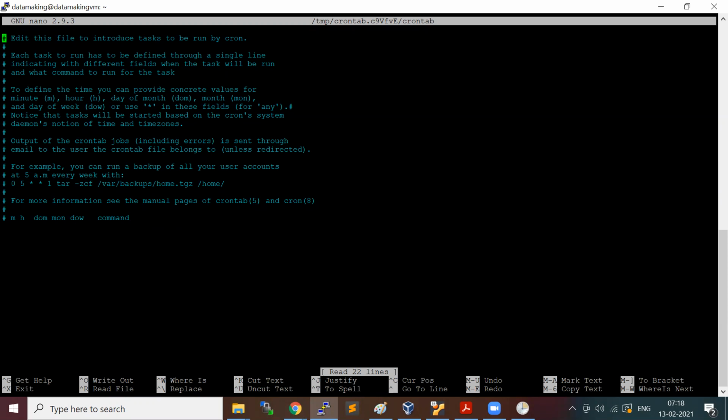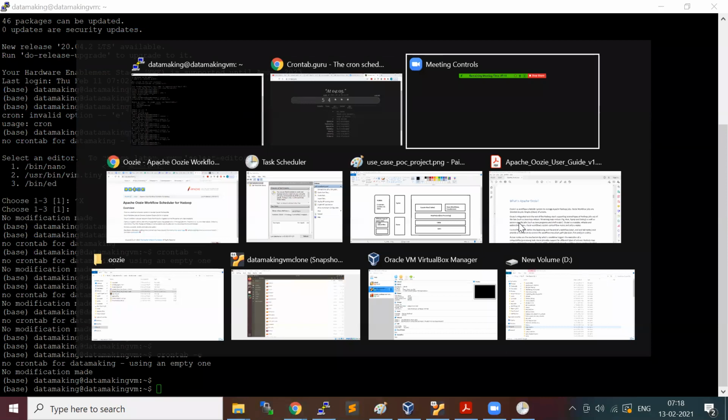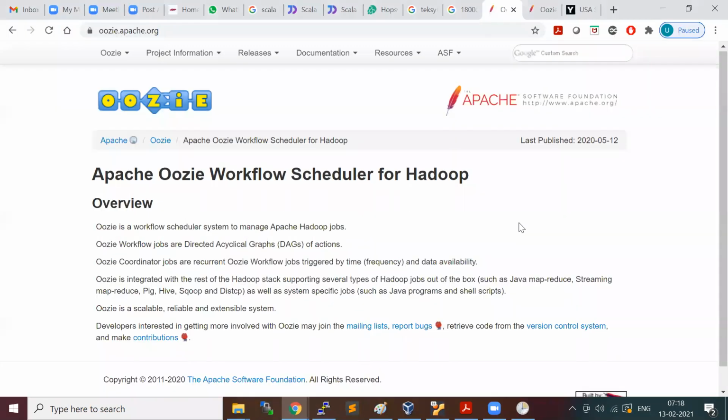It is going to run your MapReduce job at a specific time. But if your job fails and you want to retry or rerun it, that type of facility is not available in cron. Cron is just more of a raw scheduler. You just specify the time when you want to run the job, and it will go and run it.